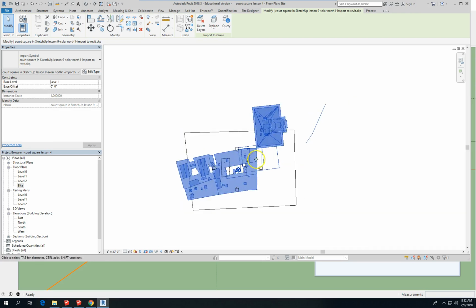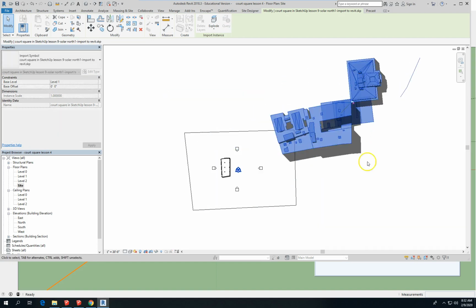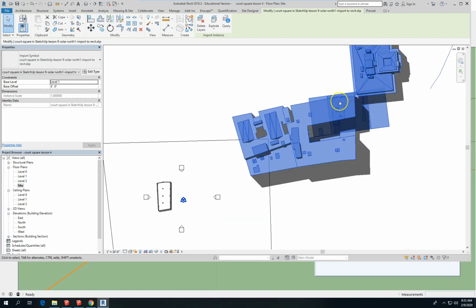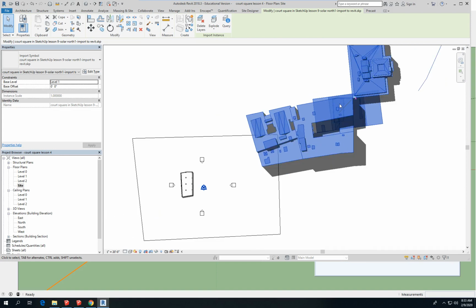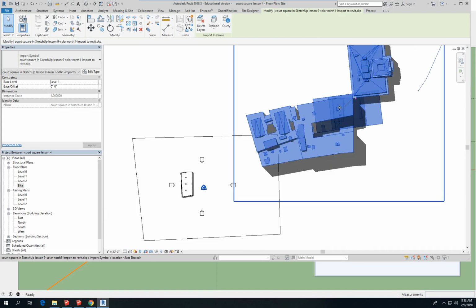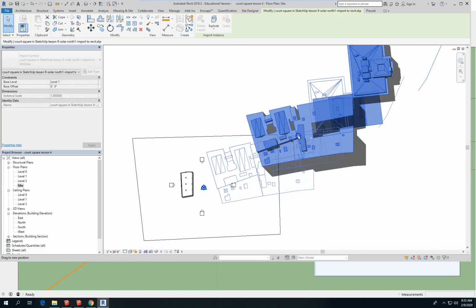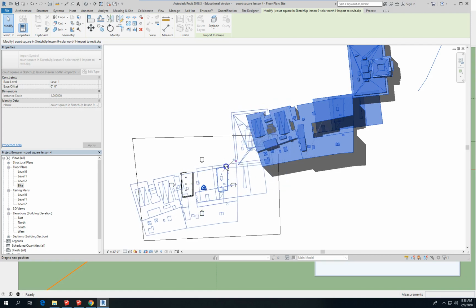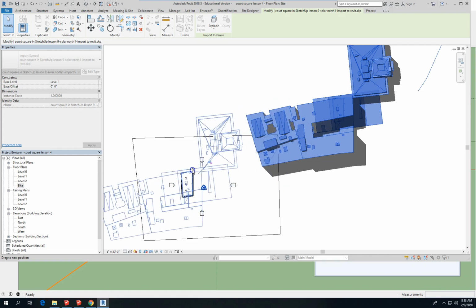I believe it pins the model, so I'm just going to move that aside. And you can see that it is oriented correctly. You can see the SketchUp model inside the site itself. So if I place this geometry right about there,